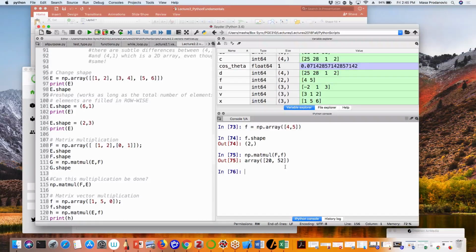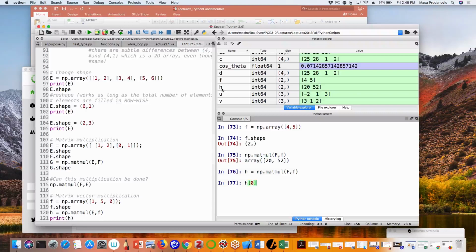And I can do that by giving that variable a very inventive name, such as h. I'm going down the alphabet, going down the numbers. Again, very imaginative. And then indeed, this 20 and 52 show up as a variable, and now I can actually go and say,